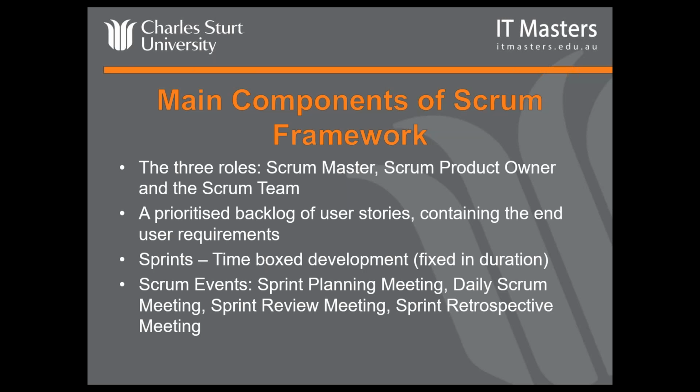User stories is actually from XP, which is Extreme Programming, another Agile model, but it tends to have been adopted by most Agile teams. So if you join an Agile project out there now, they're probably most commonly following Scrum, and they use user stories as the format for their requirements, but it could be use cases, etc. There are different ways of doing it, but ultimately the backlog is the user requirements, what we need to build